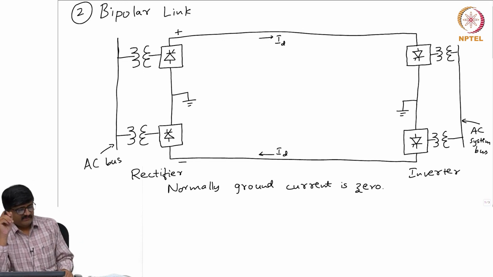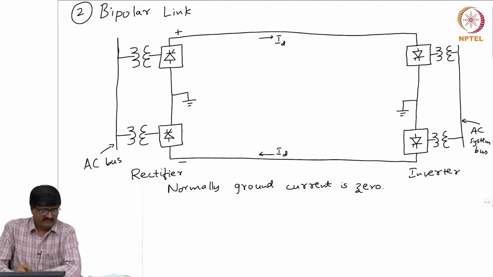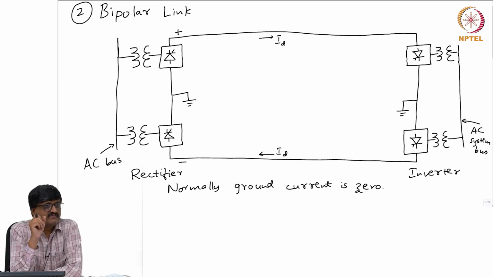Now, on the AC side, we need a model. What is the model that we are using? If you just go back to the 6 pulse converter, the model used is an AC voltage source in series with an inductance. The AC voltage source is nothing but the bus voltage, and the inductance is nothing but the transformer leakage inductance. We ignored the transformer leakage inductance when we did some analysis for 12 pulse LCC, but that can't be ignored.